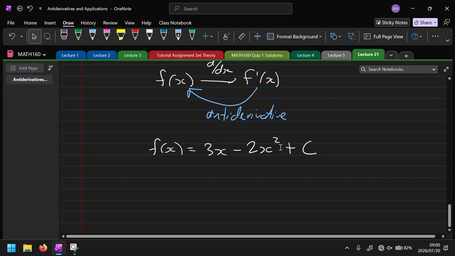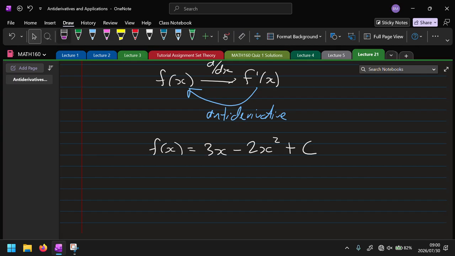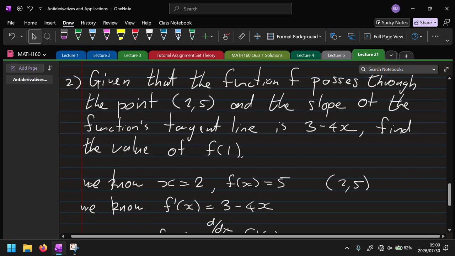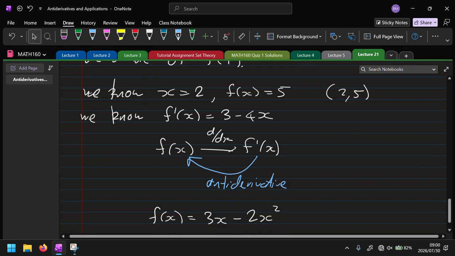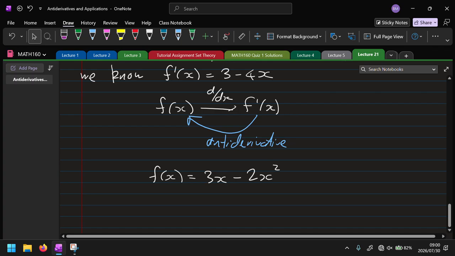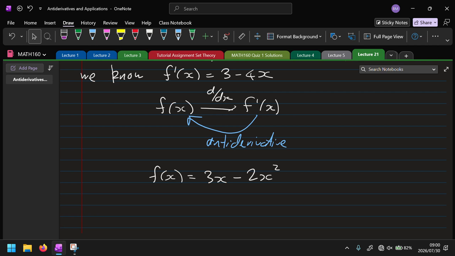Let's say we got rid of that plus c. We forgot it. So I'm going to make a mistake here. We're going to rub out the plus c. Let's substitute this point, 2, 5. The left-hand side, that will be 5. Right? The right-hand side, let's substitute 2. What do we get? So that will be 6 minus 8, which is minus 2. Well, we said this was 5. That can't be right. Now let's put the plus c back